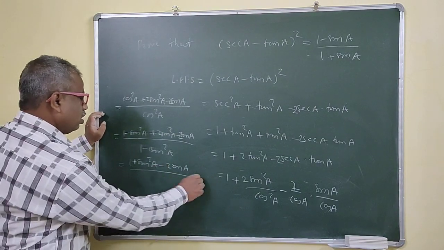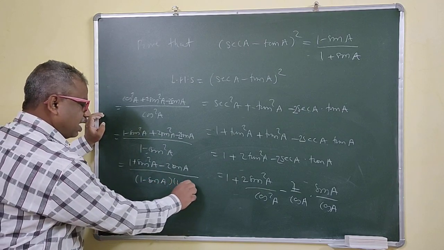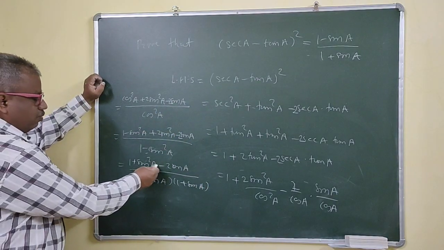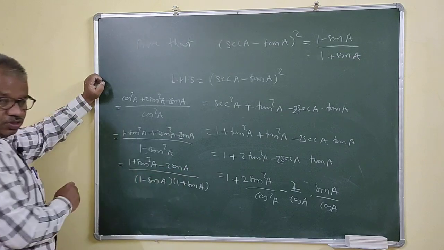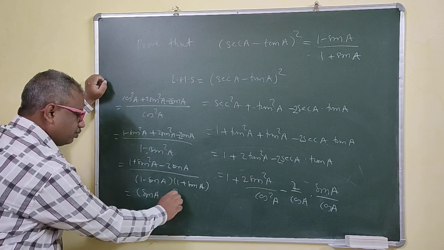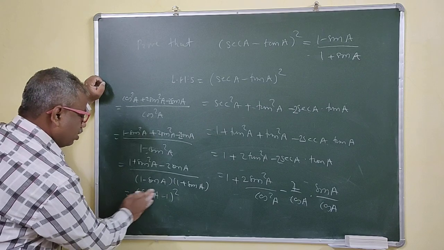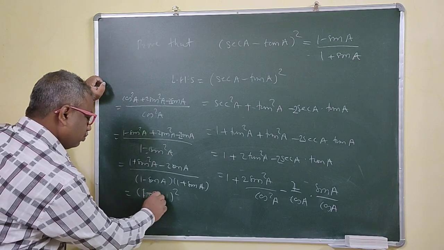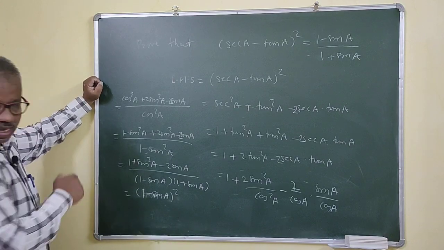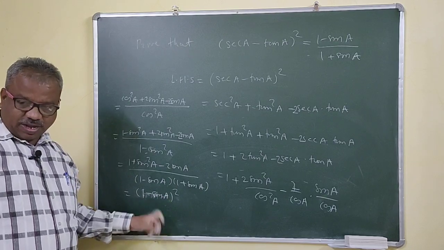Minus 2 sin A upon, I can factorize this. So sin A 1 plus sin A. Your denominator is 1 plus sin A, right? Now see, this is what? Sin square A minus 2 sin A plus 1. That means this is the square of sin A minus 1. Or we will write 1 minus sin A here instead of this, so that you will get 1 minus sin A square. Because both are same. Sin A minus 1 square is same also, but we will write 1 minus sin A.